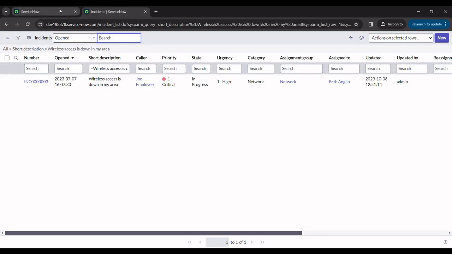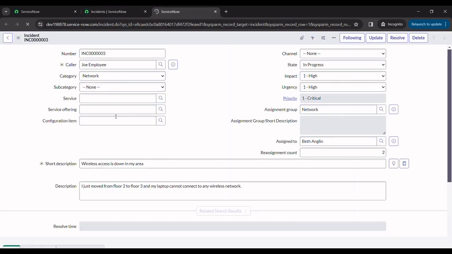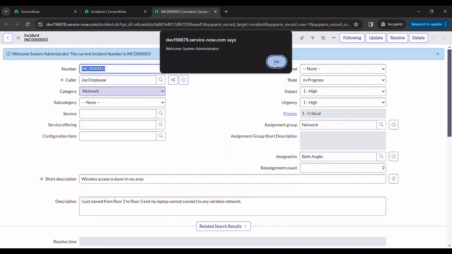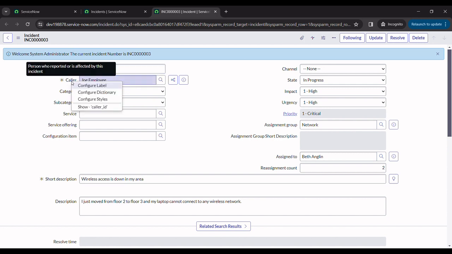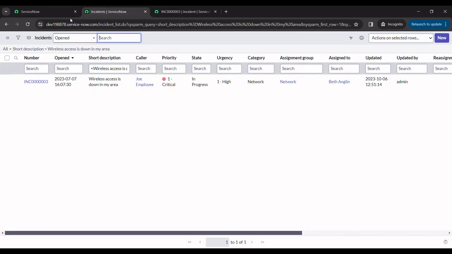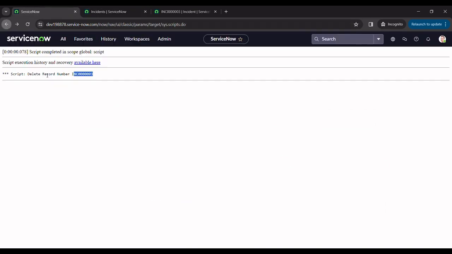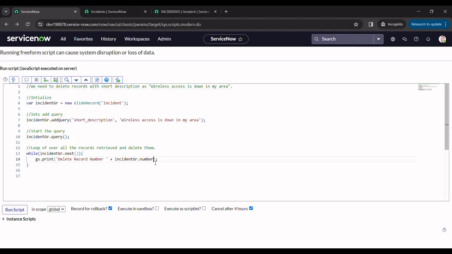So if you want to print the caller name as well, all we need to do is dot walk to that field, like the one we dot walked to number to get the number field value. So if you want to get Joe employee printed, we can do caller dot id. So I'll just go back here, and I'll just add,